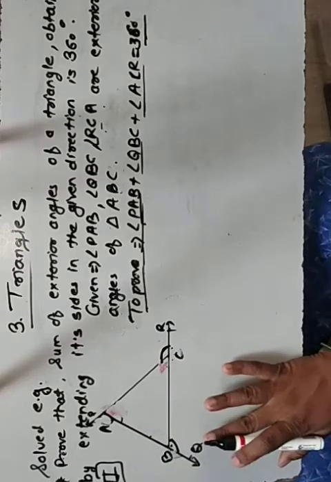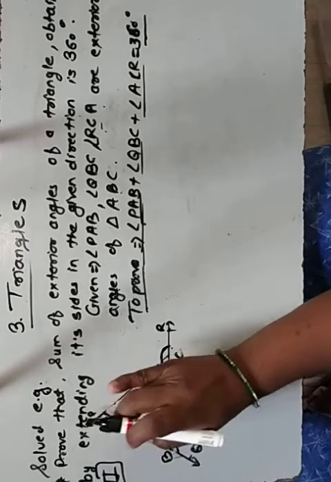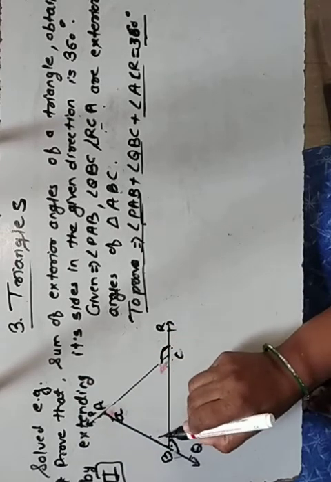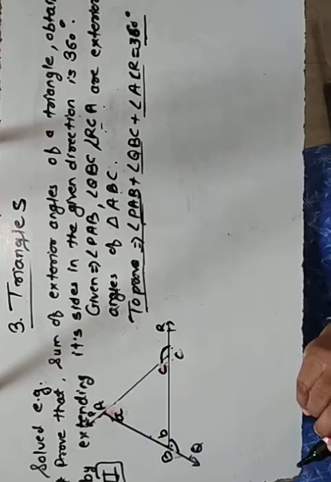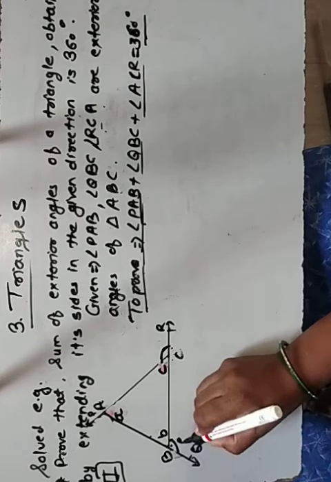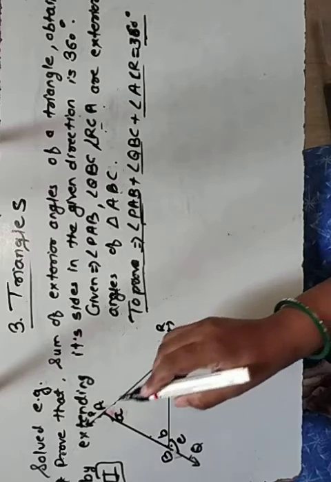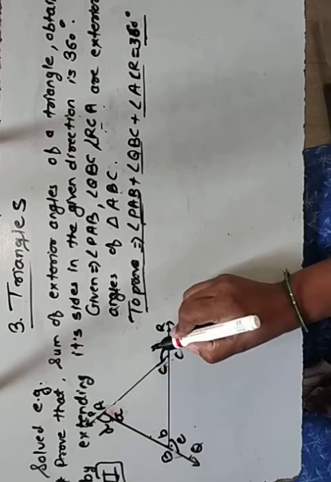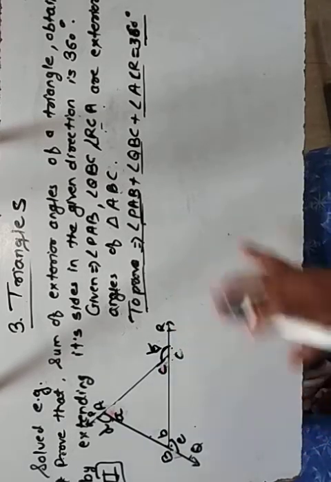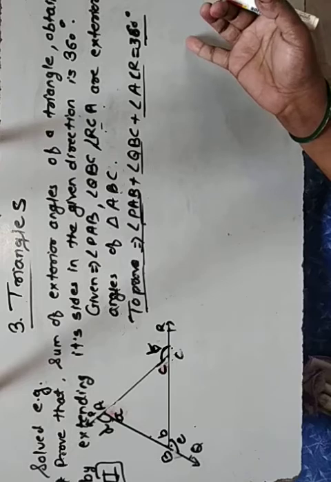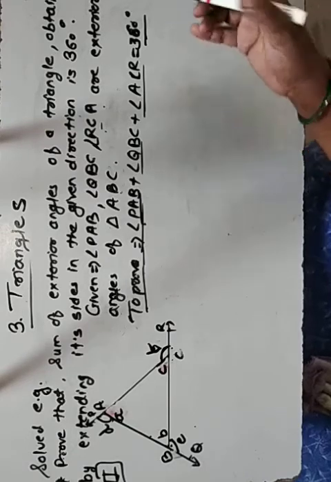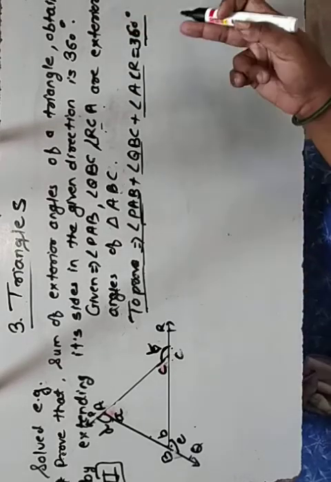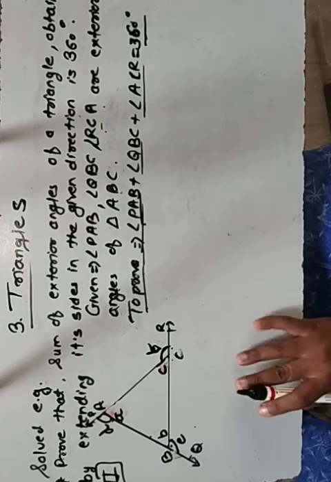In the second method the question is the same only. What we have to give here, we will write here the measure. So I will write the measure of this angle as A, this as B and this as C. And here I will write the measure of this exterior angle as D, this angle's measure as E, and that angle's measure as F. Okay. So here I have to show that the sum of these is equal to how much? 360. I told you there was a mistake, so you have to do the correction in the first method. Here I write 360. Now it is very easy.